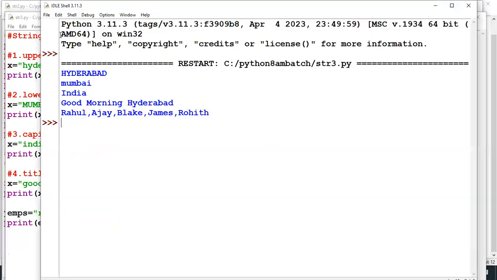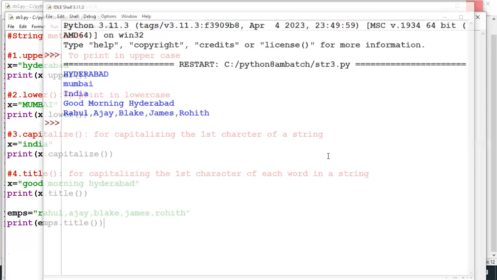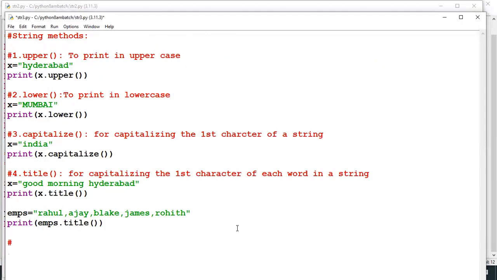Just 2 minutes more I take. Rahul, Ajay, Blake, James, Rohit: each and every employee name is capitalized. Replace method: replacing a portion of a string. For example,